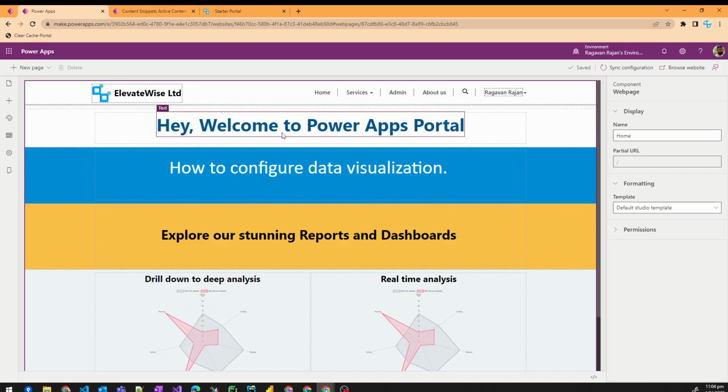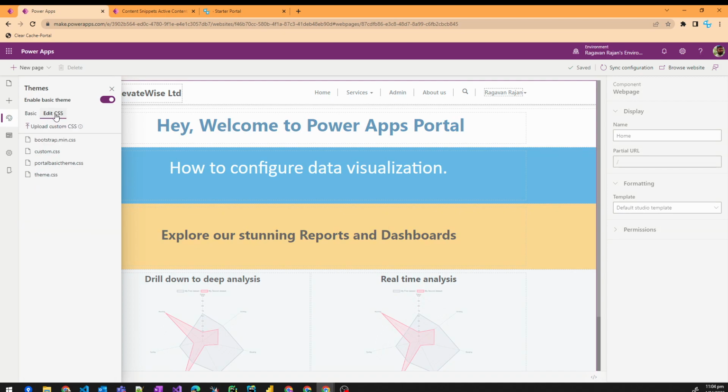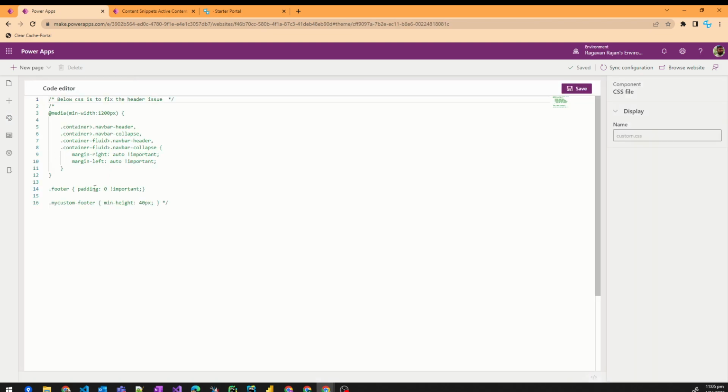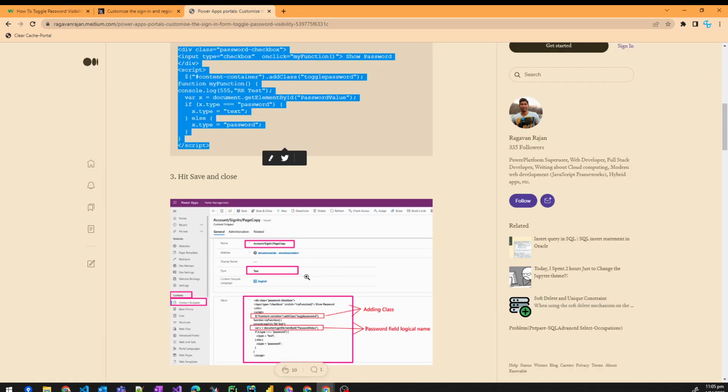So if I go back to my Portal Studio, then go to this, where is this little bit? Oh, maybe in the themes. Yeah. So in the themes, you can see something called edit CSS. So you can upload a custom CSS here. Here you can see I already have a file called custom.css, right? So in this you can write customized CSS. All I want to do is move this show password, the tiny box, right next to the remember me, right? So for that, if I go back to my article, you can see a piece of code